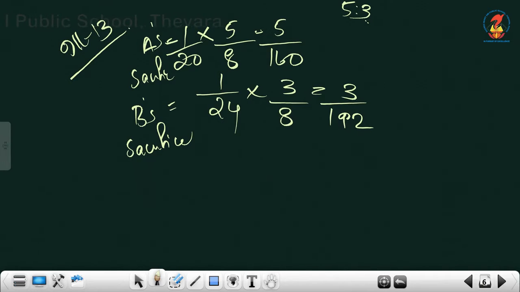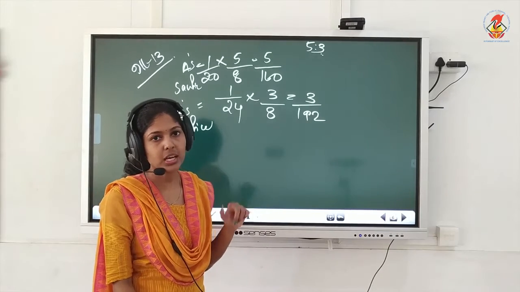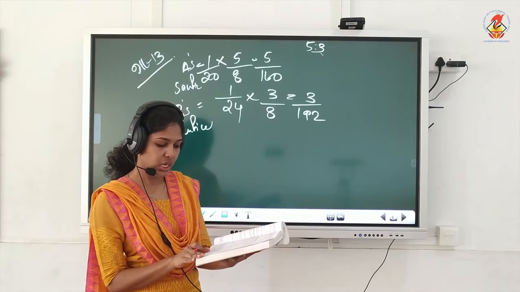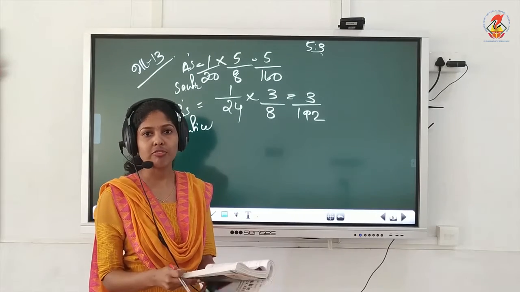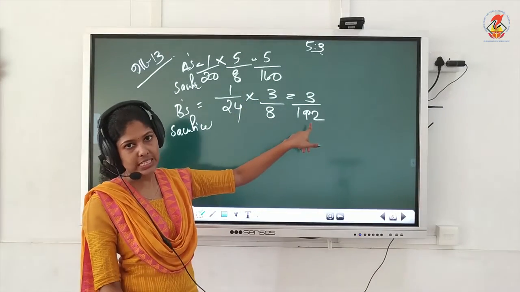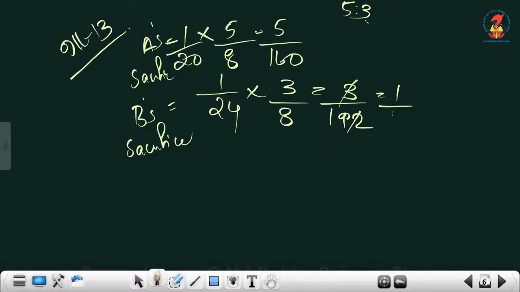Next we have to get, so sacrificing proportions we got, we need to get the new ratio. And here A is surrendering 1/20th of his share, B is surrendering 1/24th of his share in favor of C. So what C gets will be the sum total of these two. So you can convert it into the lowest form and you can write it as 1/64, and this one you can write as 1/32. Lowest form. Just cancel this and take the lowest form. So it will be 1/32 and 1/64.